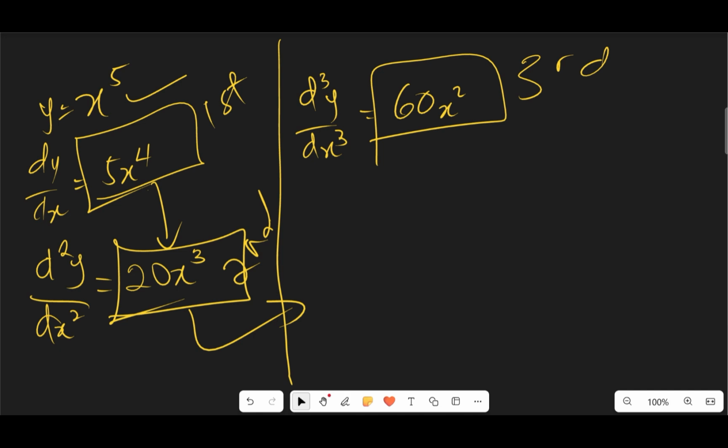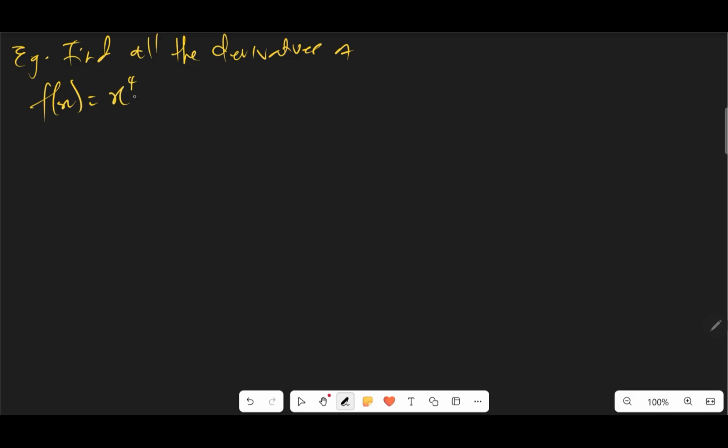Is that okay? Now let's pick a question over here. So let me pick a very interesting question. It says find all derivatives of f of x being equal to x to the power 4 minus 3x cubed plus 5x minus 2. Because we are told to find all the derivatives, it means that we are differentiating until we get 0. When we get 0, we will see all the